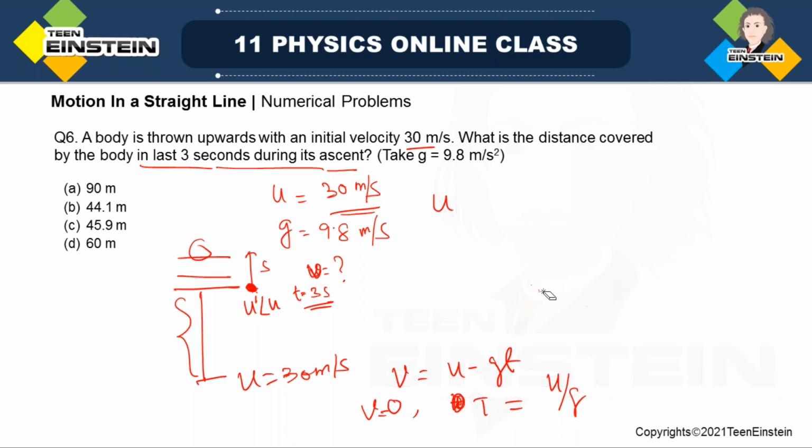For the last 3 seconds, I am deriving this formula in general. Suppose I have to find out the displacement in the last 3 seconds of travel. Then what you have to do is find out the velocity when the last 3 seconds starts. To do that, find v is equal to,